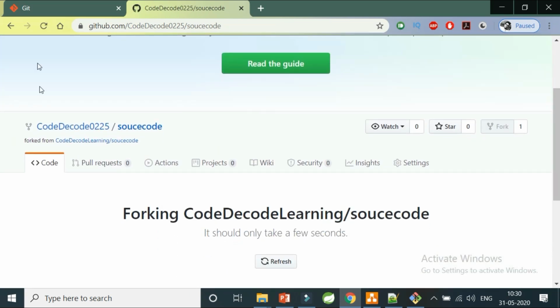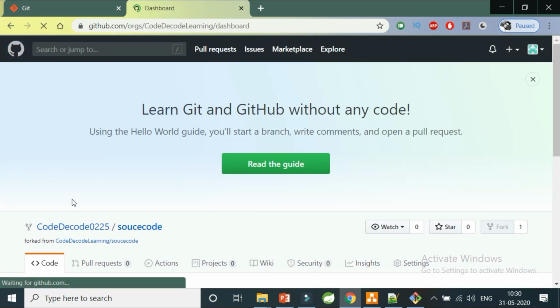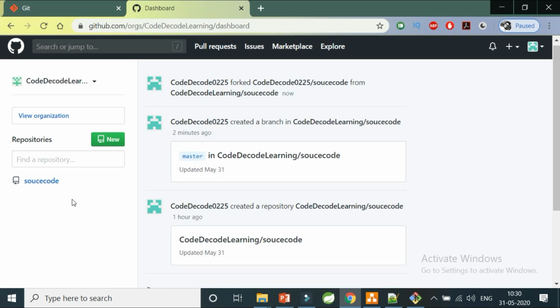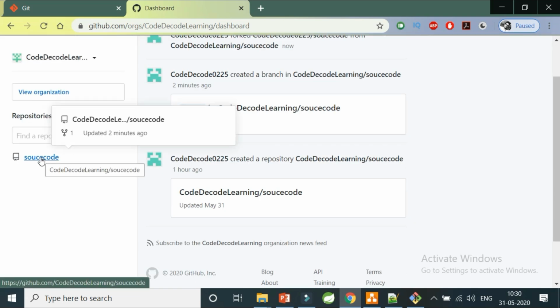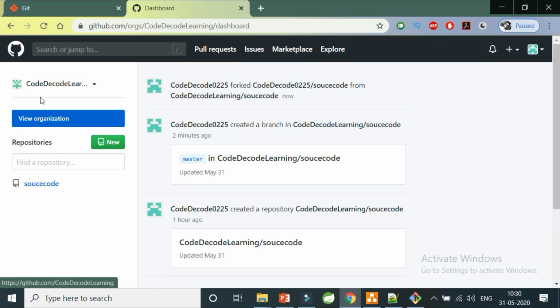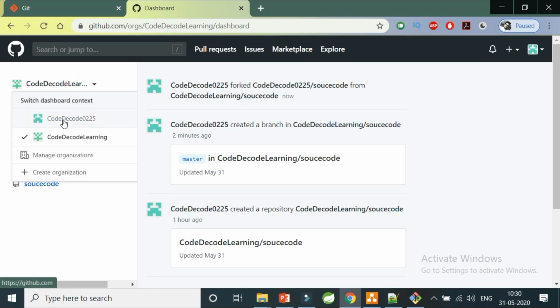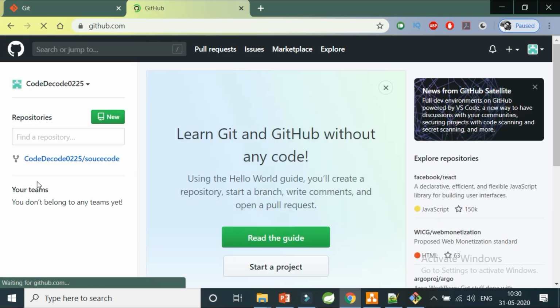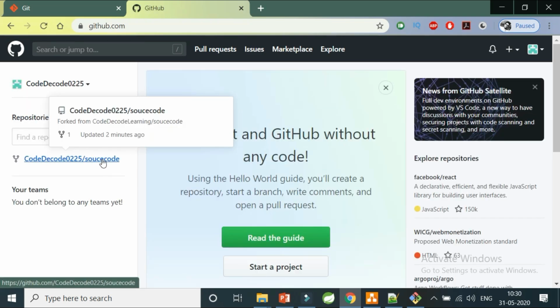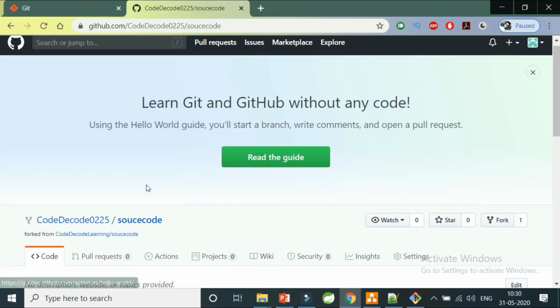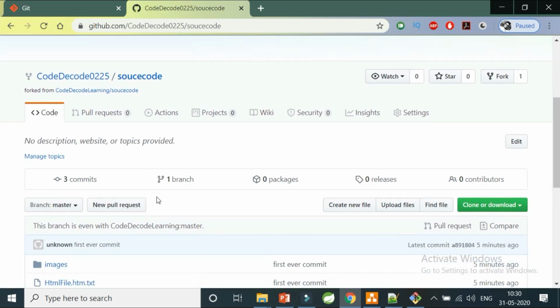So can you see, I'll go to my home page for you. I have a source code repository here, which is the learning one, and I have a source code 0225. So this is my organization and this is my username. I'm behaving as an admin here, and as a user here. When I go here, I can see that this source code also is available under my username.